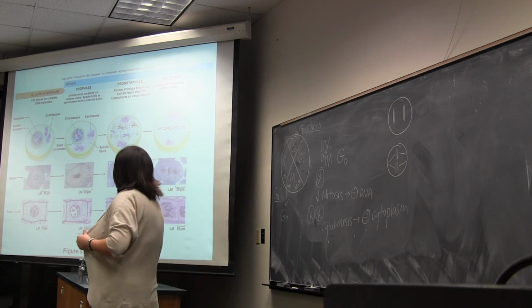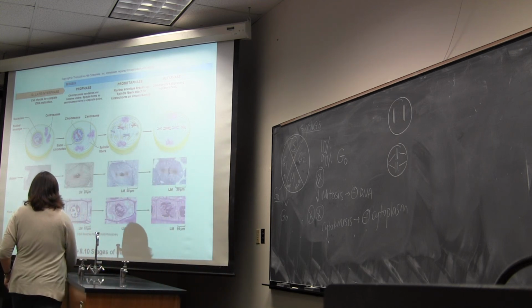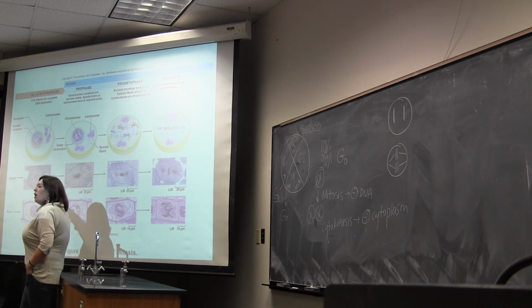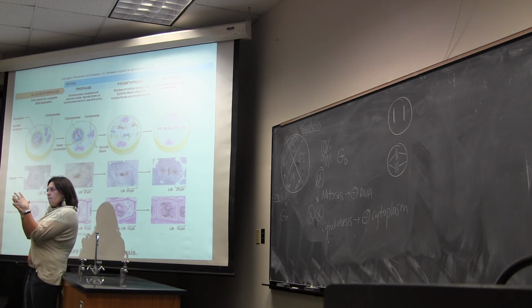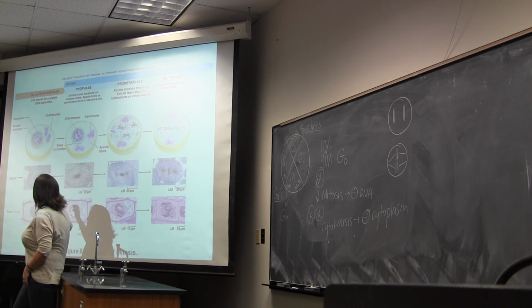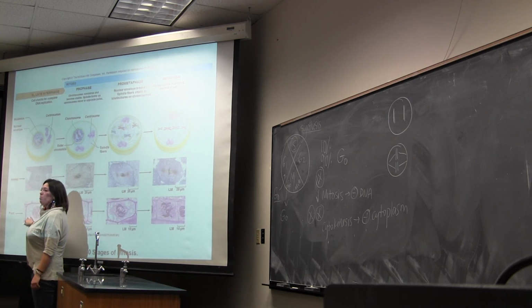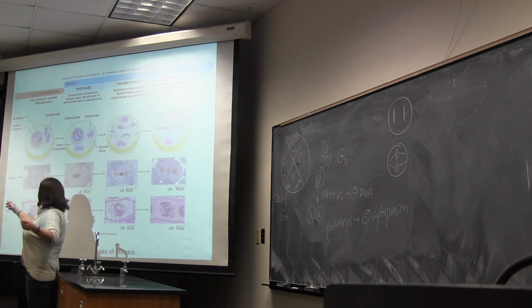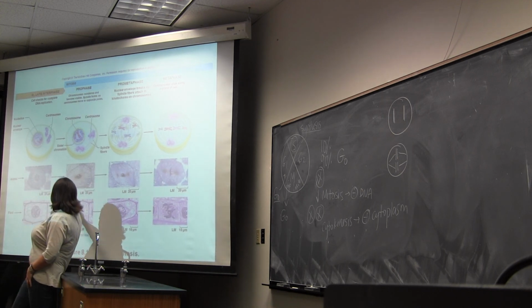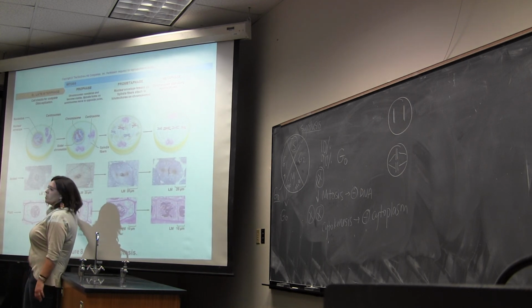So the first thing that's going to happen once you enter into mitosis is the DNA is going to condense. It's going to go from this kind of loosey-goosey type of DNA that's just real stringy,